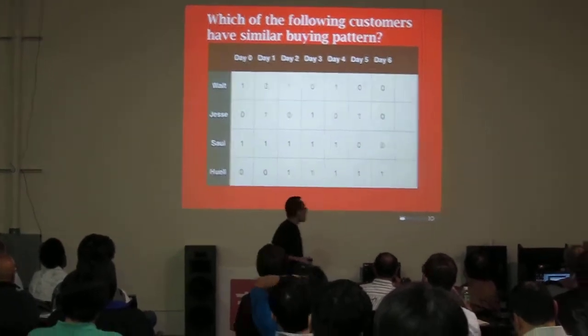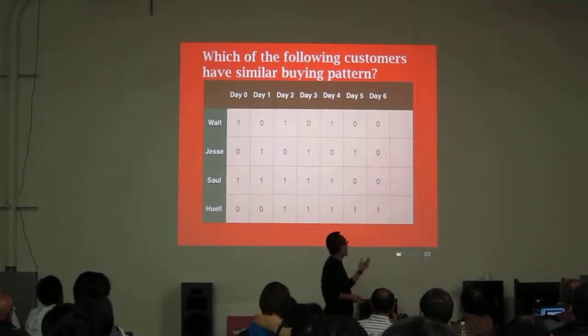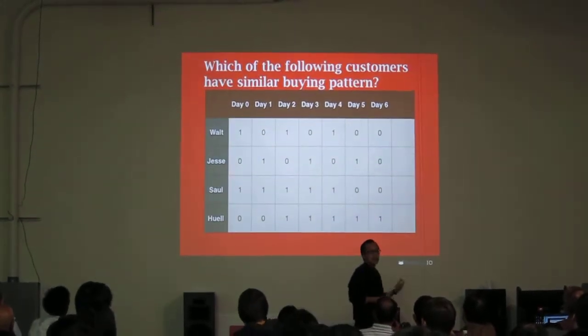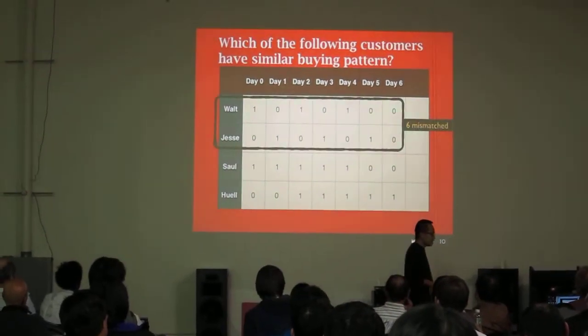So what do you think? Do Jesse and Watt have similar buying behavior, or are Jesse and Saul's buying behaviors more common? What do you think? So